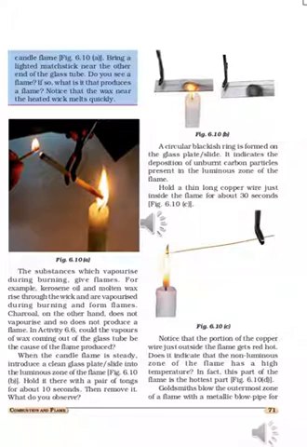Now, second part of the experiment. Hold a glass plate or a glass slide into the luminous zone of the flame. You can see it here. Hold a glass plate or a glass slide into the luminous zone of the flame, remove the glass slide and observe it after some time. What we can see: a blackish ring is formed on the glass slide. You can see on the second part that a black ring is formed.